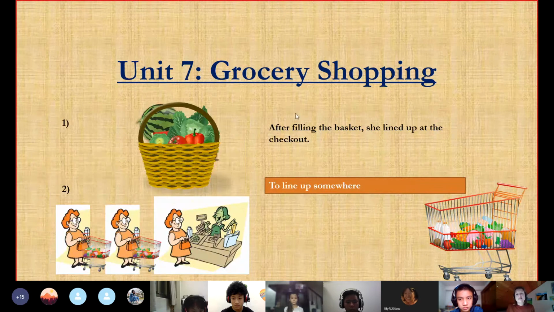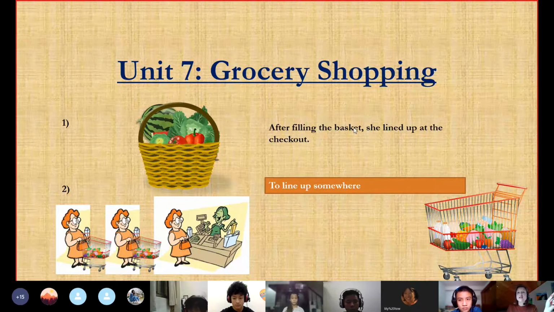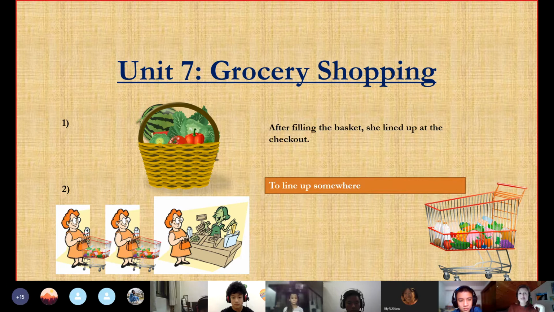Okay, so in the sentence we see, so what comes first? First, Jenny filled the basket. So after filling the basket, then Jenny lined up at the checkout. Okay, so this is first we fill the basket, and then we stand in line until, and this will be